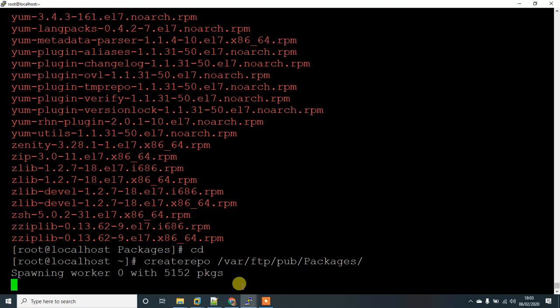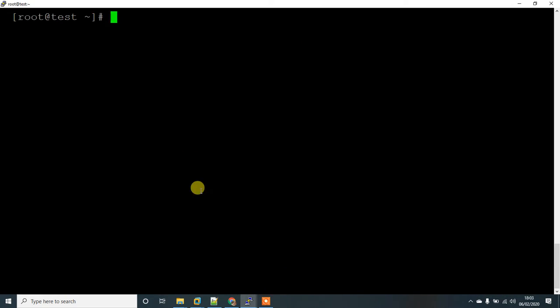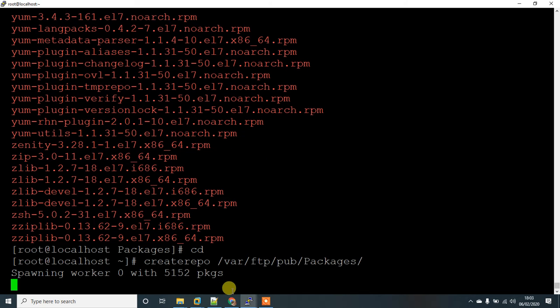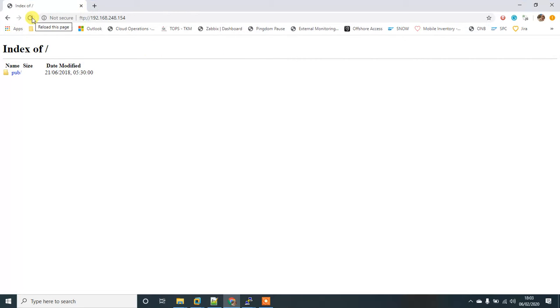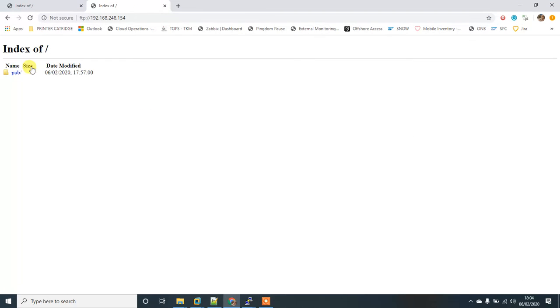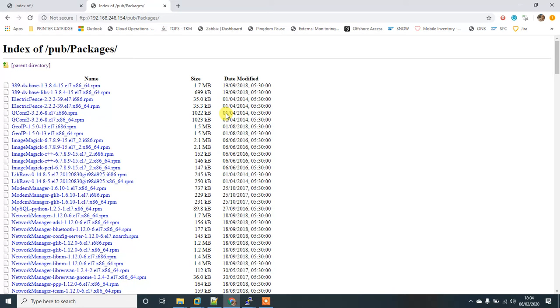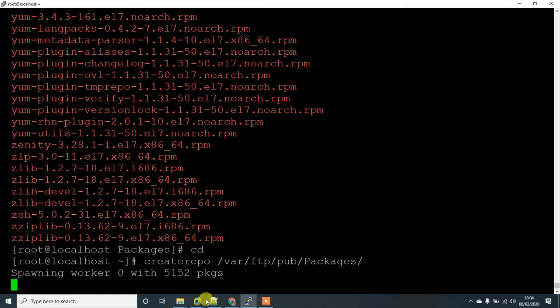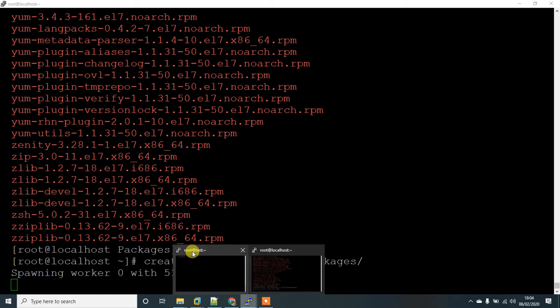let's go to the client. Okay, let me do one thing. Let me go to the web and reload it. Okay, yeah, here you can see now all the packages have been copied and synchronized. Now what we have to do is copy this path. This is the base URL,